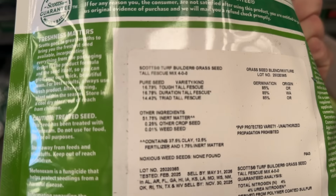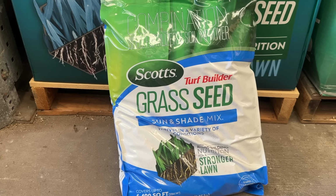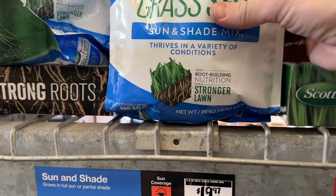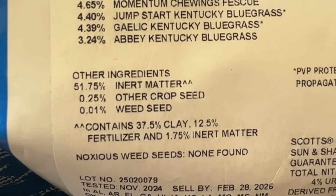Flip that guy over and holy crap, we are looking at over 50% inert matter. Yikes. Okay, here's the most popular Scott's grass seed in the Midwest. I'm in Minnesota. I know you guys have seen this product. It's the classic Sun and Shade mix. Flip it over, find the label, boom goes the dynamite, and we are looking at another 50% water smart coating